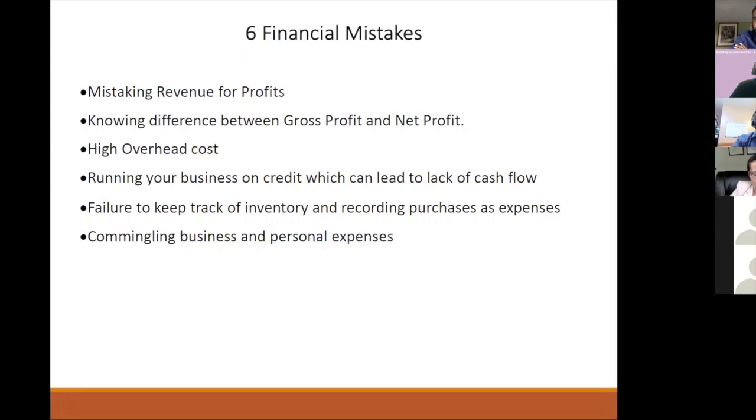And I added the second point because of the whole PPP thing that came up: what is the difference between gross profit and net profit? I think that's important, and I just want to take a moment to touch on that point. A gross profit is usually applicable to businesses that have cost of goods sold, meaning that you generated a specific product. It usually goes to the people that have goods.